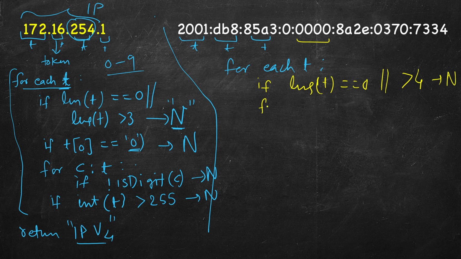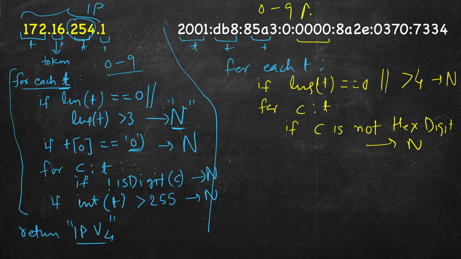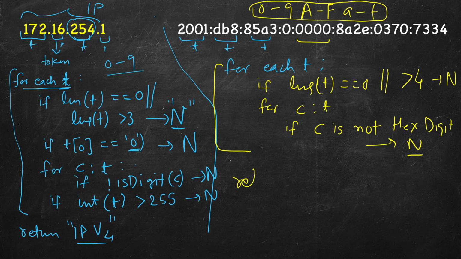And what else? For each character in this token, if C is not hexadecimal or hex digit, then return neither. And hex digits are from 0 to 9, capital A to capital F, small a to small f. So if it's not among these characters, these are not hexadecimal characters, so we return neither. And finally after this loop we return valid